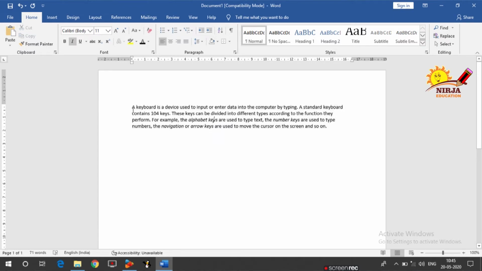What about the line? With the help of the keyboard, how will you select the line? Press the shift key, then press the down arrow button. So this is how you select the line. If you continue doing this till the last line, the entire paragraph will be selected. So this was about selecting words, lines and paragraphs.